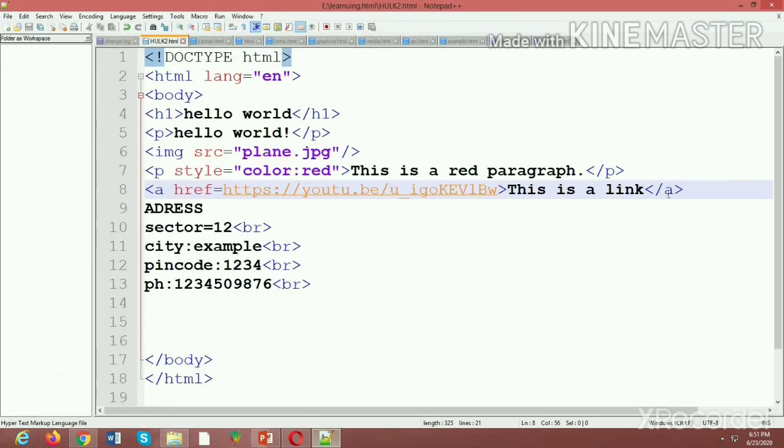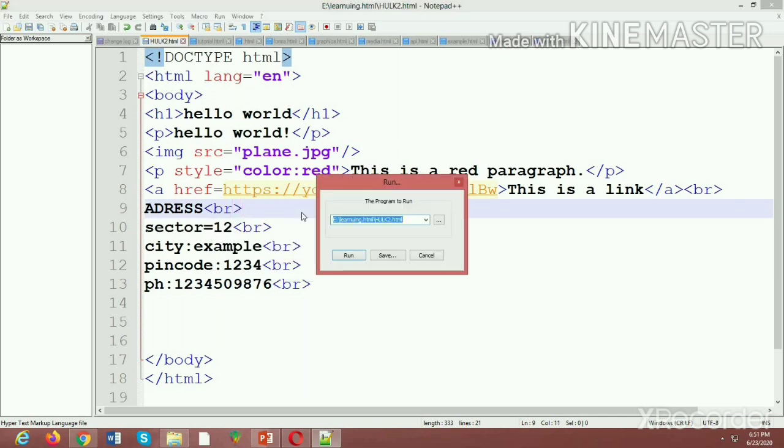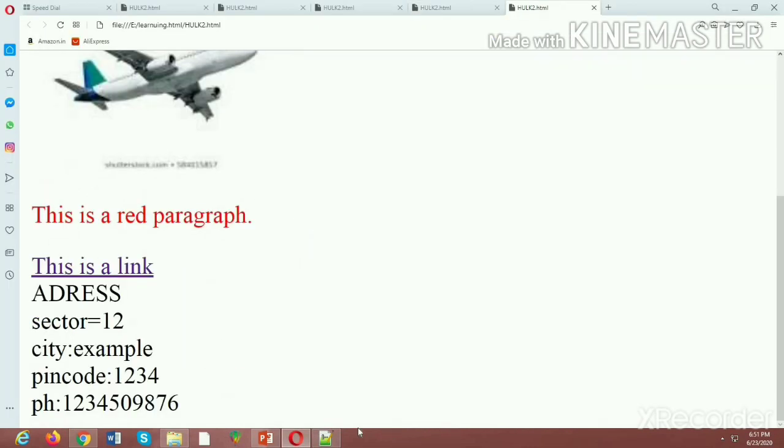Now I'll add the br tag again. Now as you can see guys, the lines break properly. So the br tag is used for this purpose.